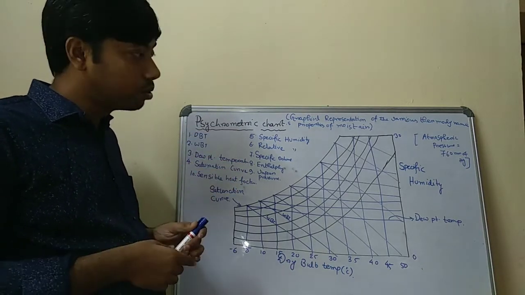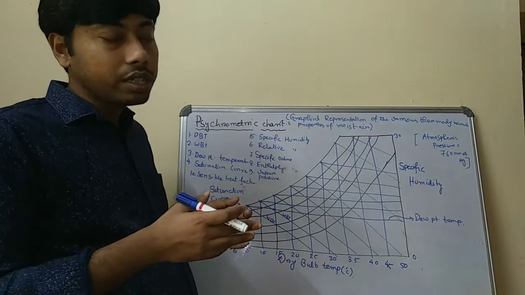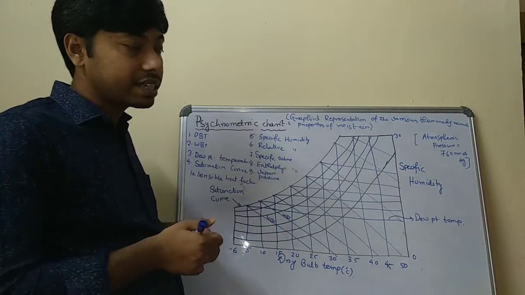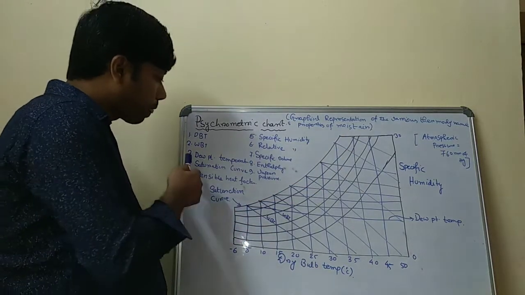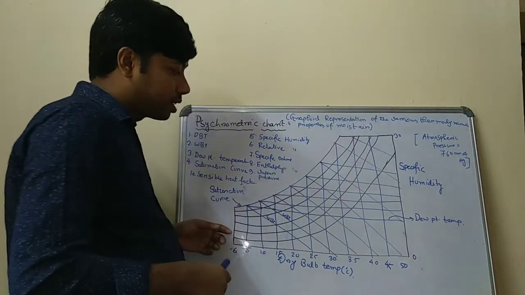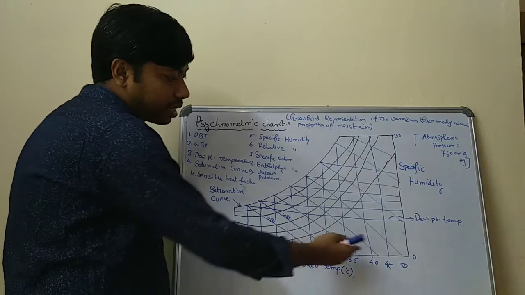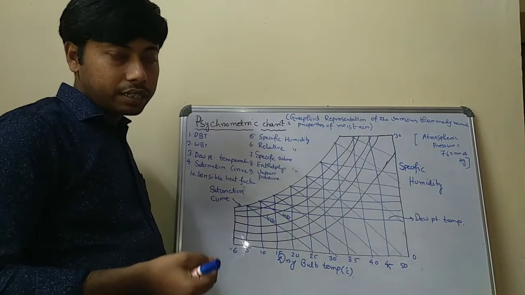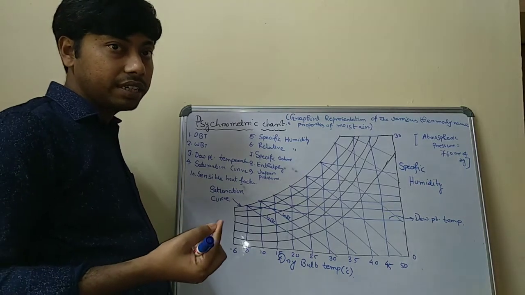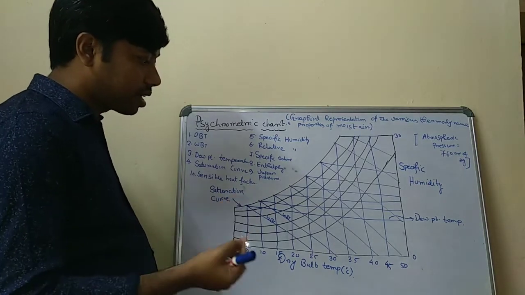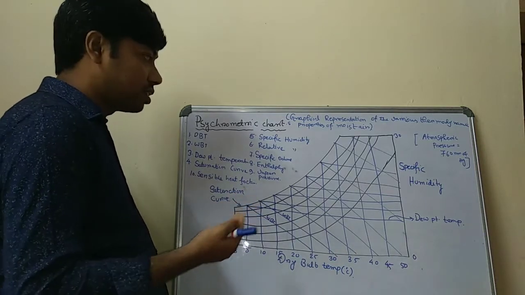So it is a very important tool, and the psychrometric chart is drawn at atmospheric pressure, that is 760 millimeter of Hg. Now what are the points in this chart? We can look into this. It will be better if you go through your psychrometric chart, then you will be able to easily understand what a psychrometric chart is and what the points in the chart are.